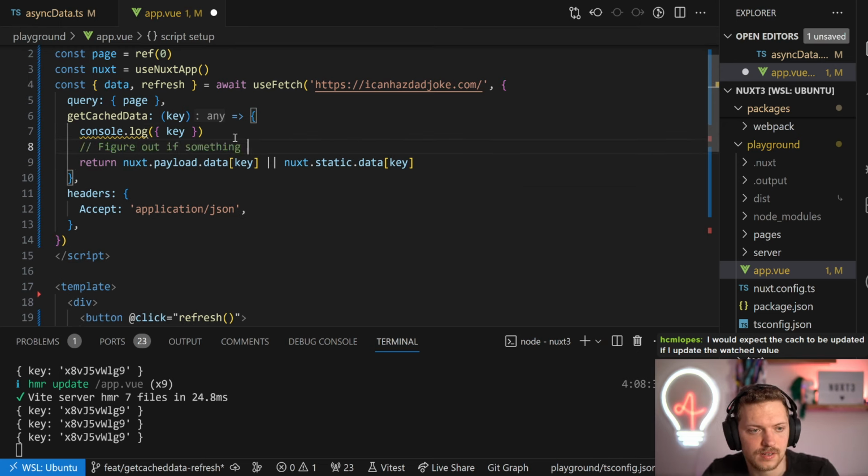HCM Lopez writes, I would expect that cache to be updated if I update the watch value. I think so too. I think there are good reasons for both actually. Yeah, by default also expect to bypass cache or refresh. I think, yes, I get that. Though,